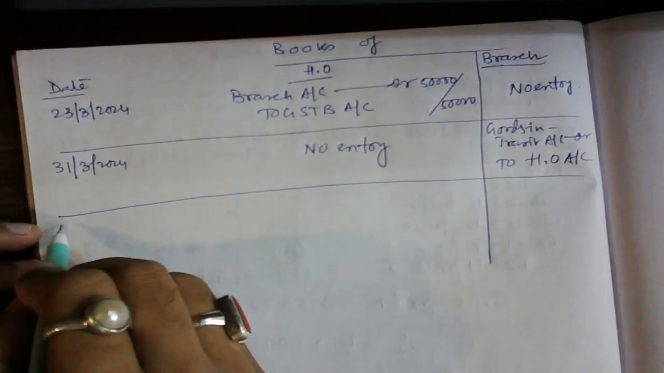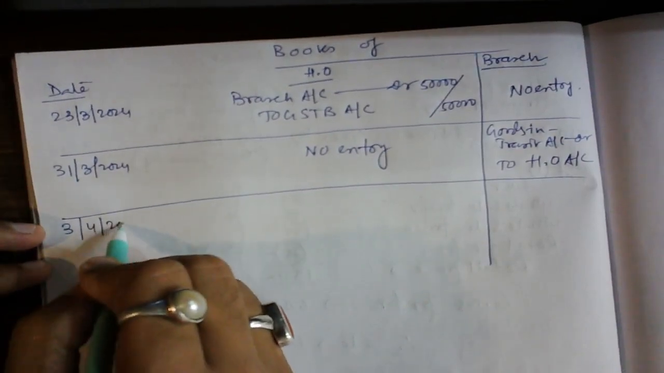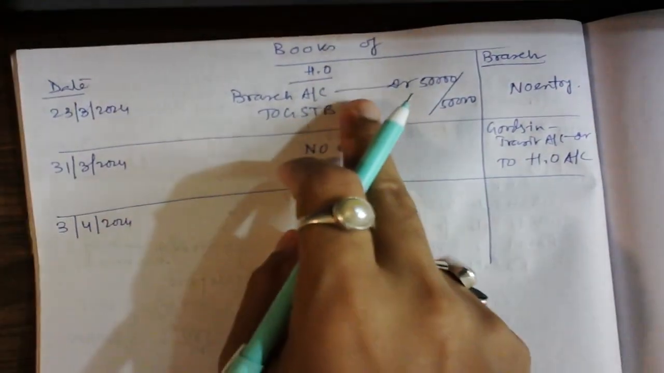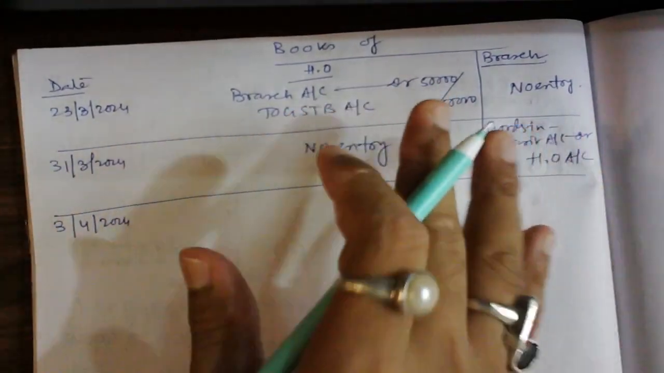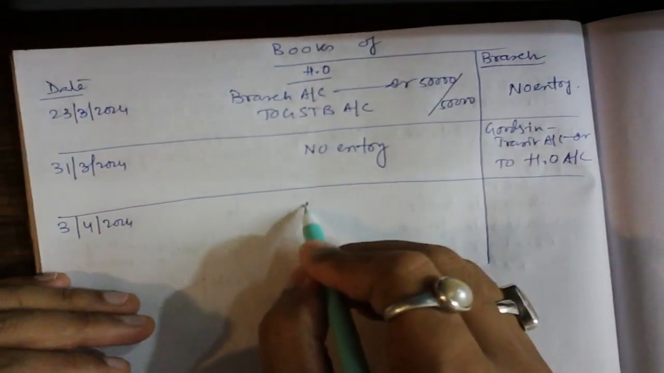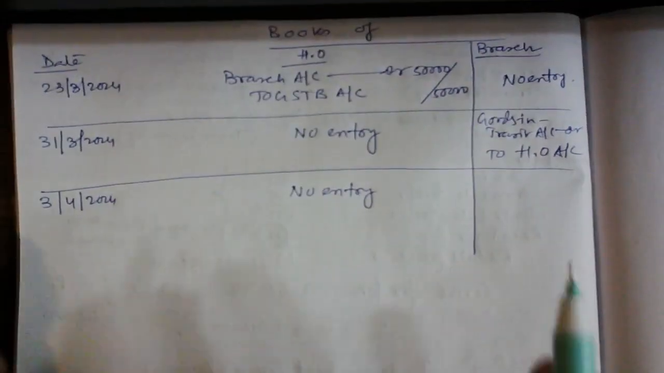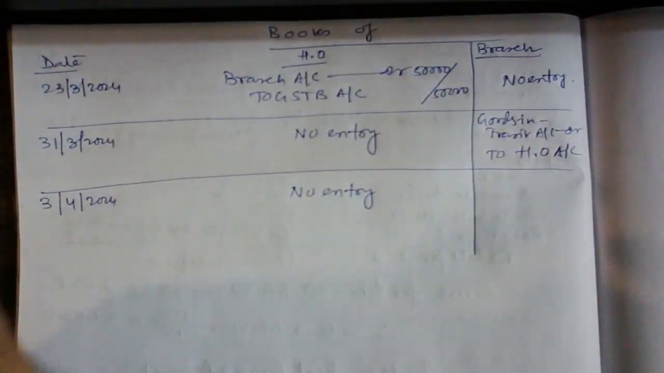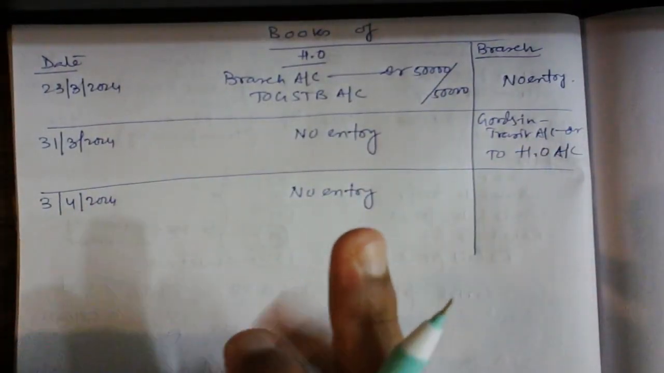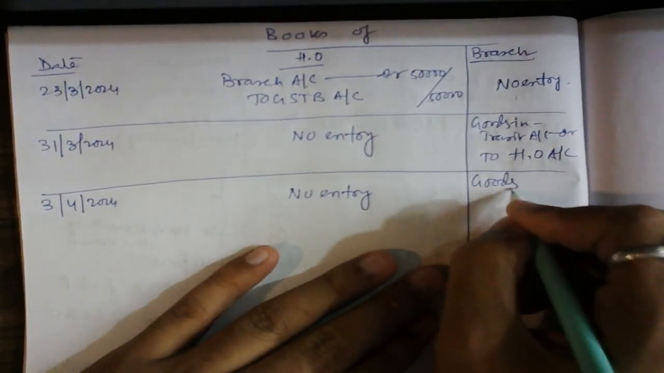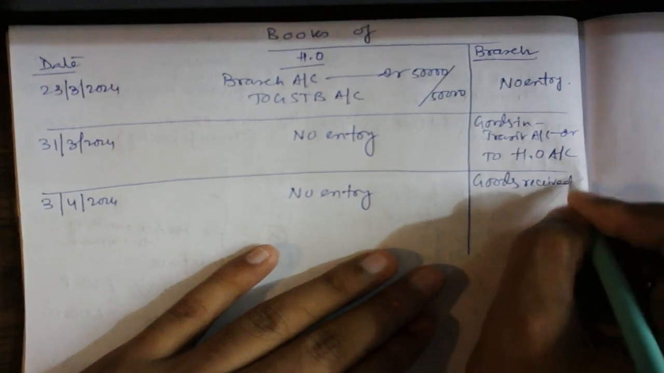Now on the 3rd April 2024, what happened, HO is not going to do any entry because कुछ दरकार ही नहीं है sir, no entry required at all in this case. But branch will make the entry because he has received the goods na. So when he has received the goods, he will make the entry, goods received from HO